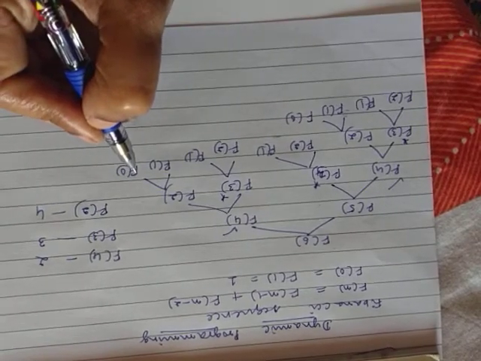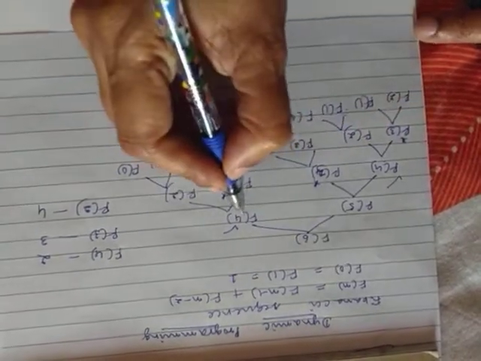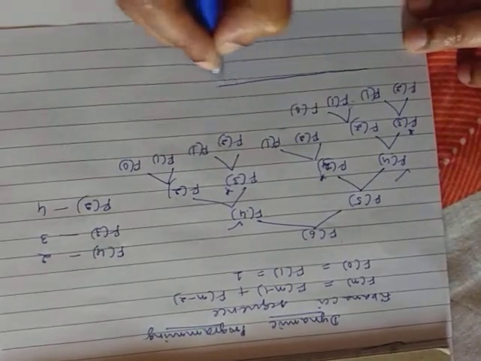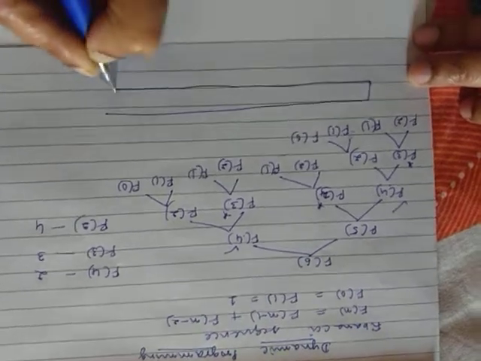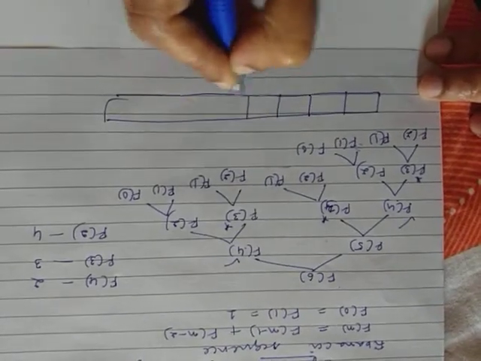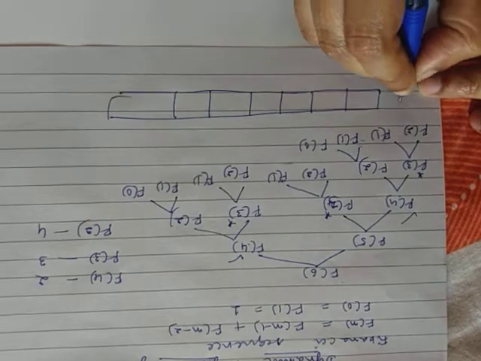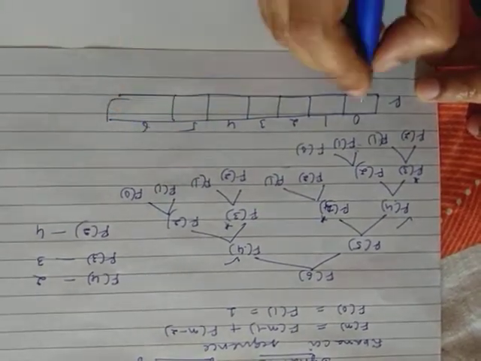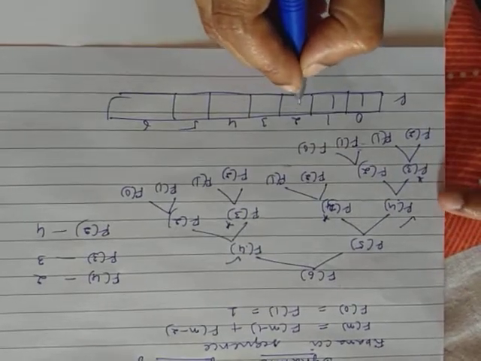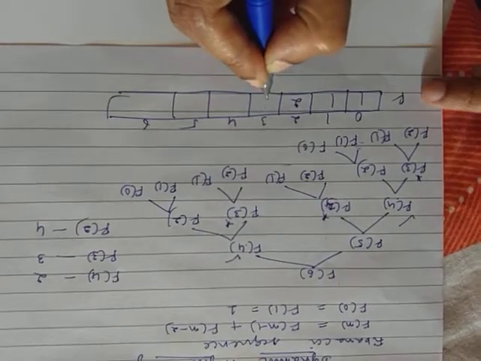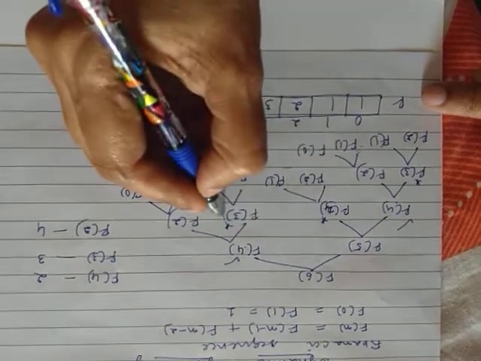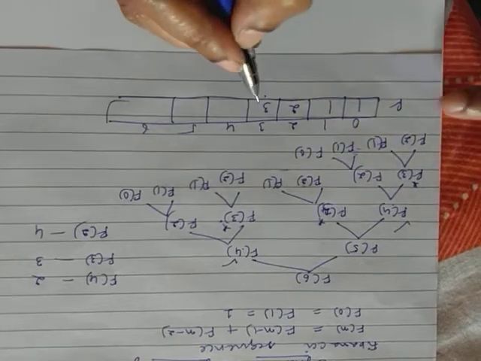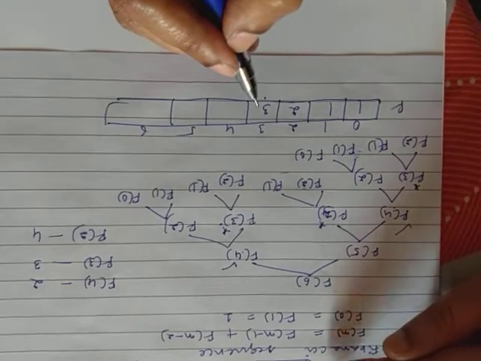So quite obvious is that why are we wasting our time computing the same problem again and again? Instead, we could have stored these values in a table and use this table whenever required. So this is my Fibonacci number series 0, 1, 2, 3, 4, 5. So I get these values, and when I get F of 2, I'll dump it over here. When I get F of 3, I'll dump it here. Wherever I refer to F3, instead of recomputing, I will refer to this. This is the basic essence of dynamic programming.